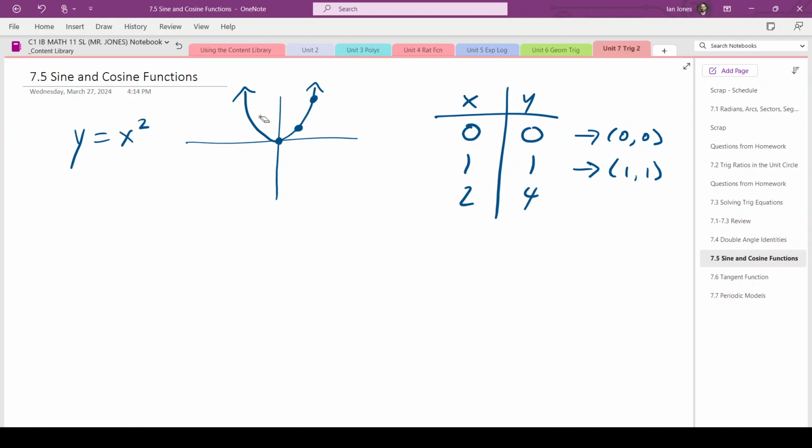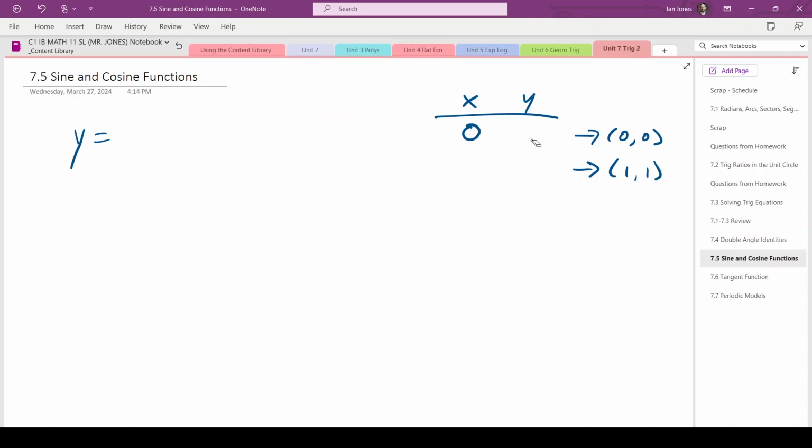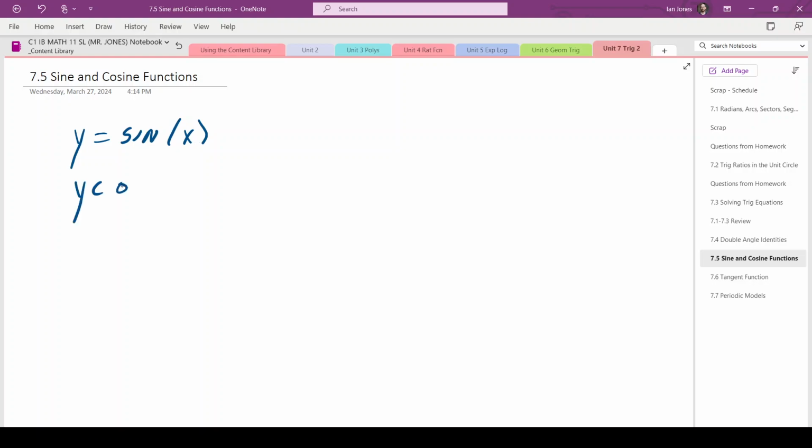Okay, instead of that, we're going to look at y equals sine of x and y equals cosine of x. And we're going to plot those things, graph them, and take a look at some of the properties. So we're going to look at this, and we're going to look at this. Okay. Now, if I were to plot this, I've memorized a few key points to help me get the